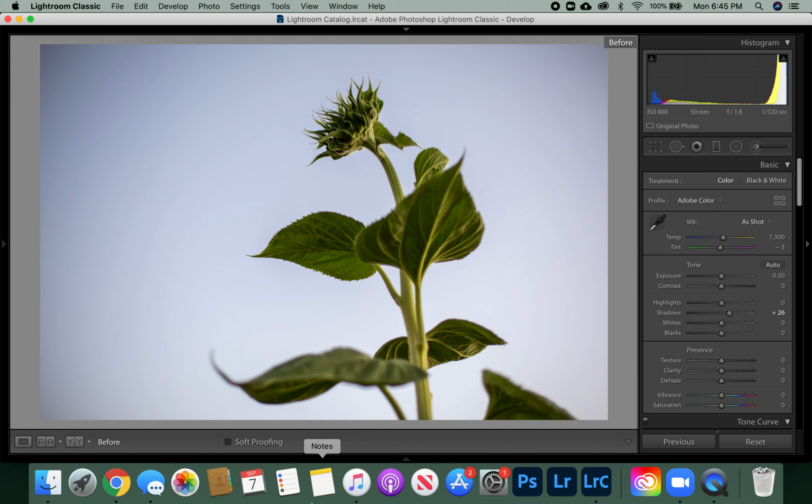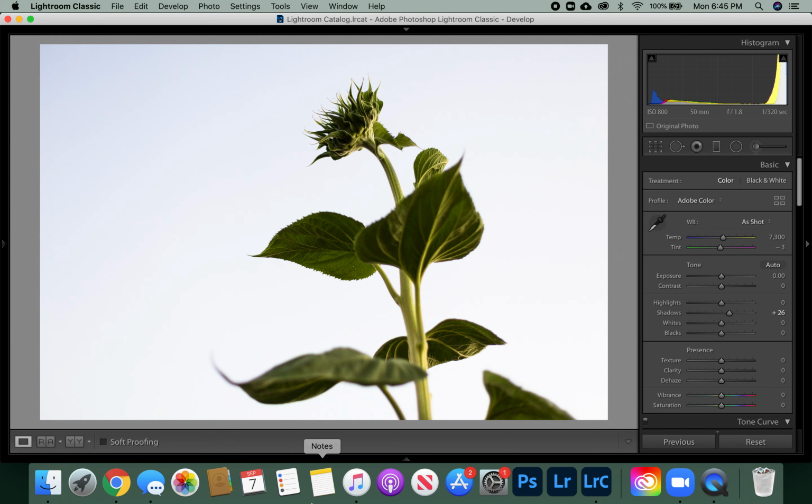There's my before, there's my after. And you can see the sky has gotten a lot brighter, and the detail in the flower is a lot more noticeable. Now, this might not be exactly what you're going for if you're trying to do it,